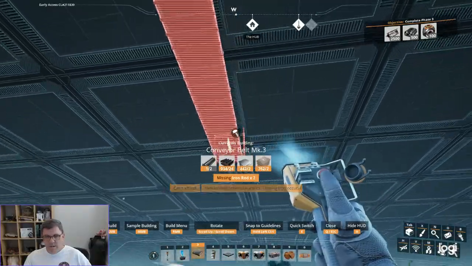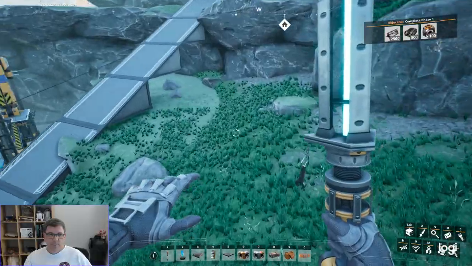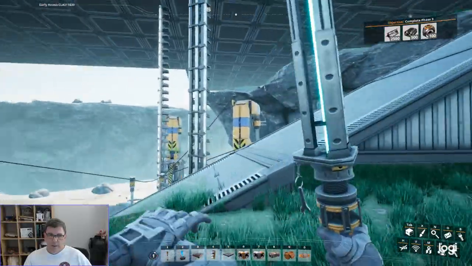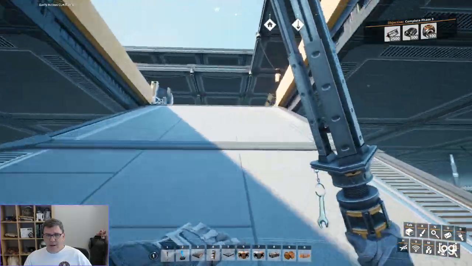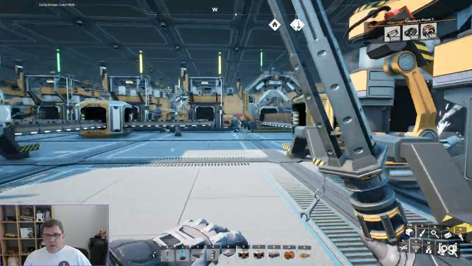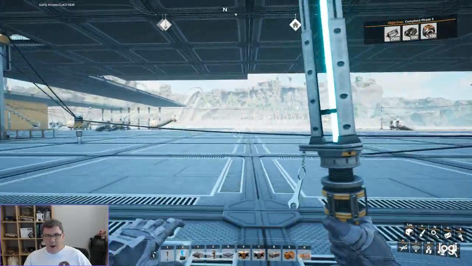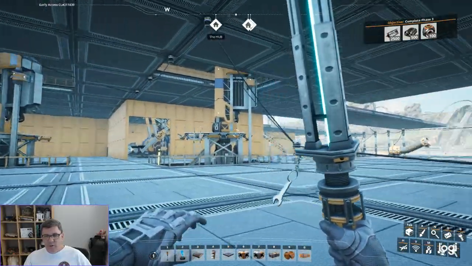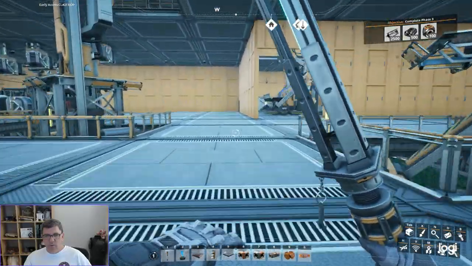I'm out of iron rod. Shoot. Gotta go get iron rod. I wonder if I can... I know I can jump higher now. So it was that I could jump down 3 stories without actually getting hurt. I wonder if I can jump down 4 stories now that I got